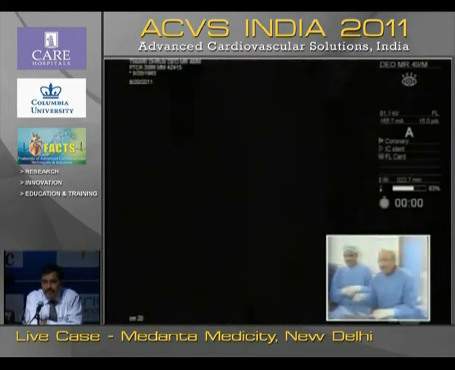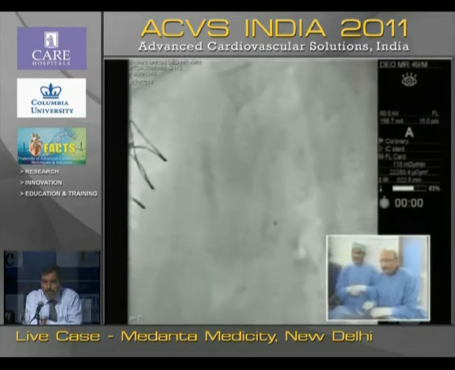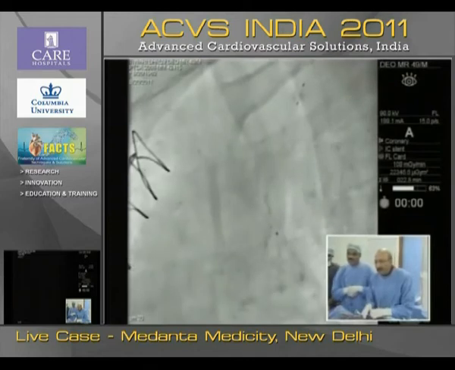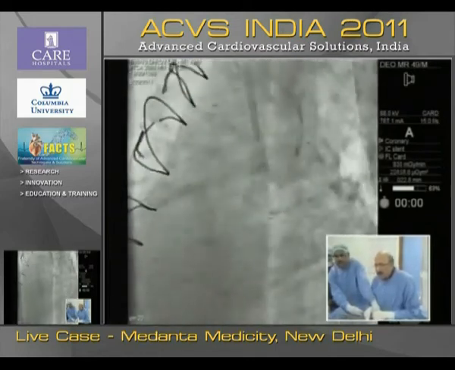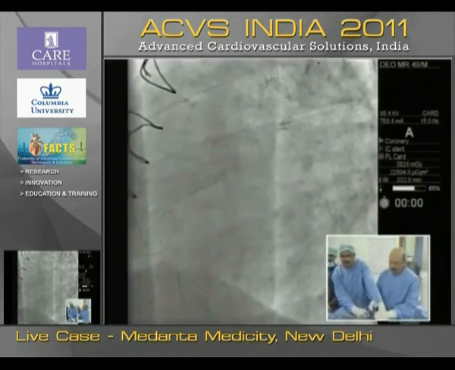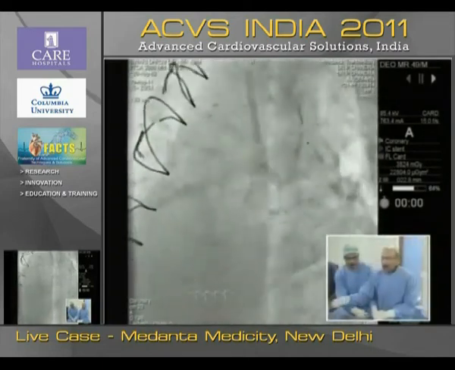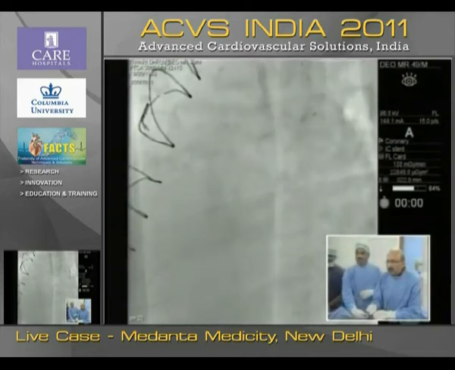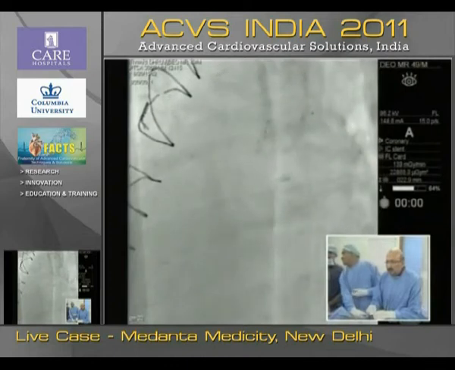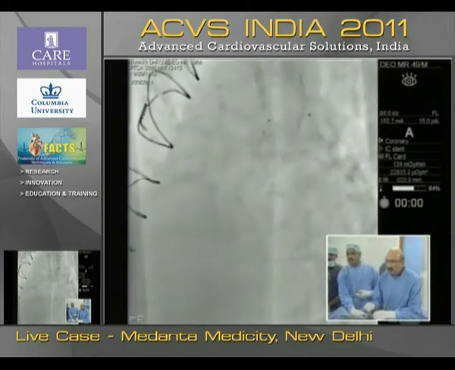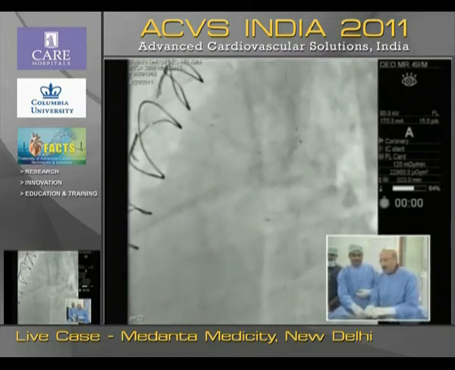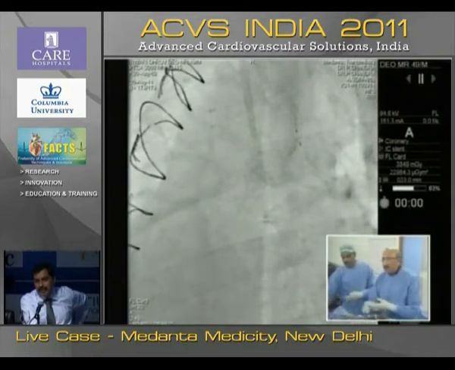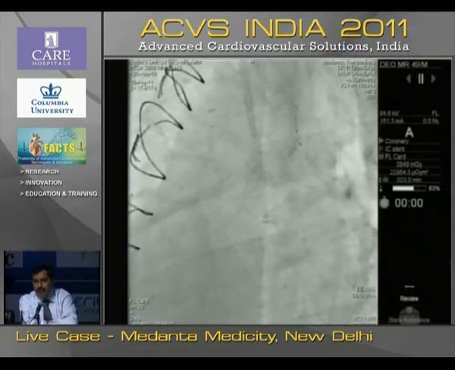So that is why I'm still thinking whether we should really, now the wire is in position, as you can see. Can you take the shot? Yes. The wire is in good position. But we won't be able to take the balloon inside. So what is the opinion of the panel here? Whether we should just leave it now, do nothing more, or I guess we should keep trying? Use a buddy wire, try to straighten that artery, and then I think we should make an attempt. Now that you've gone so far.